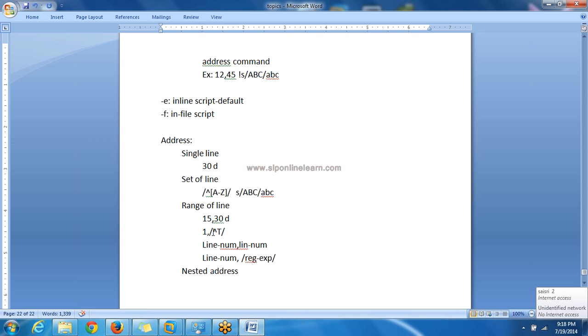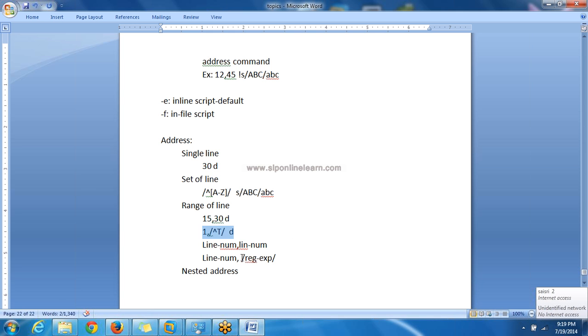So this example means start from the first line, execute this command. Whenever you find a line starting with capital T, stop, meaning stop deleting the lines. So this command will keep on deleting lines from the first line till the line starting with capital T. Whenever it encounters capital T, it will stop executing this command.